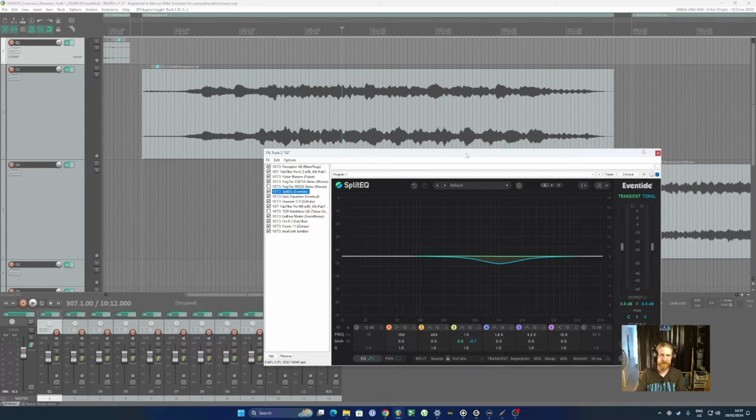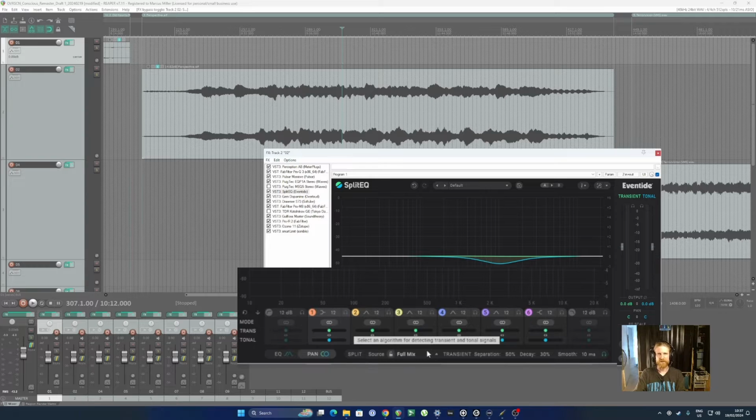The other thing that this does that they don't mention a lot on their website or in their ads is that you can individually pan the transient and tonal parts of your music. So I've got this band 3 over here, which I've selected to be the part I'm going to pull to the middle. Not only can I choose to pan left and right, but if I click this button here, it takes me into mid-side mode and allows me to actually choose the width of the transient and the tonal parts just for that band.